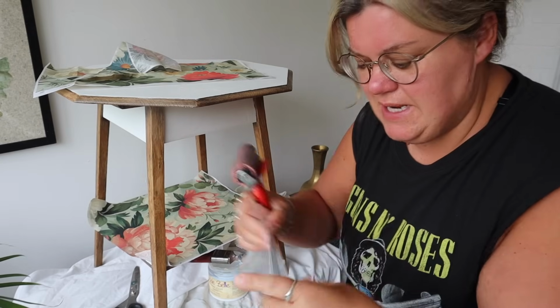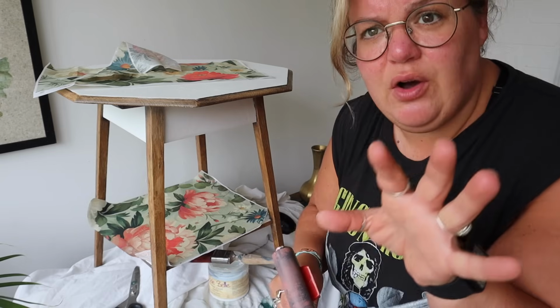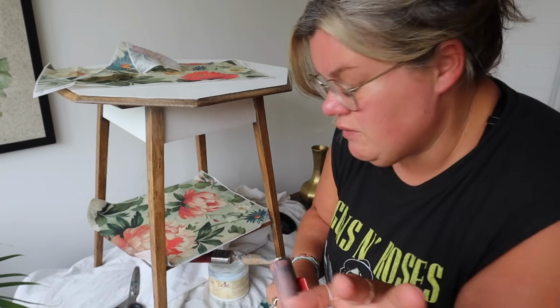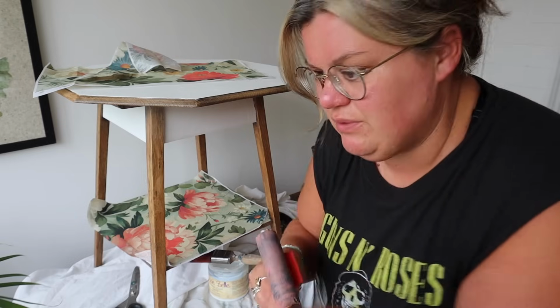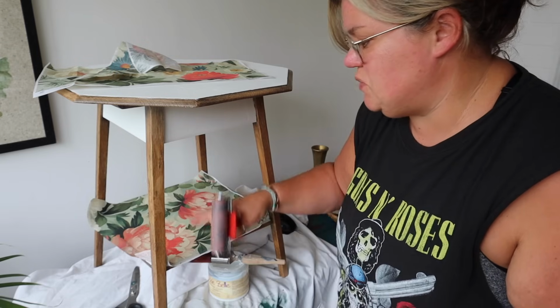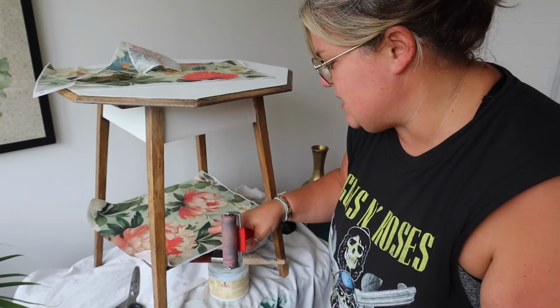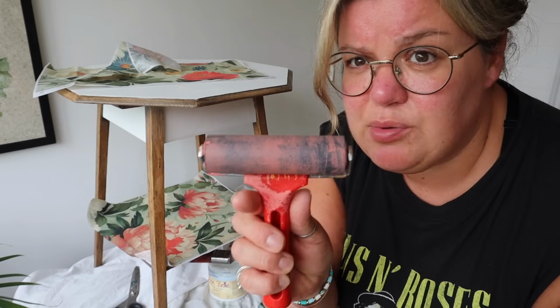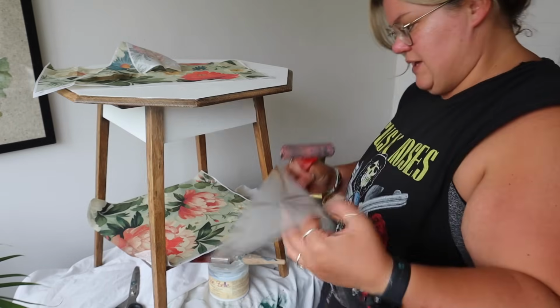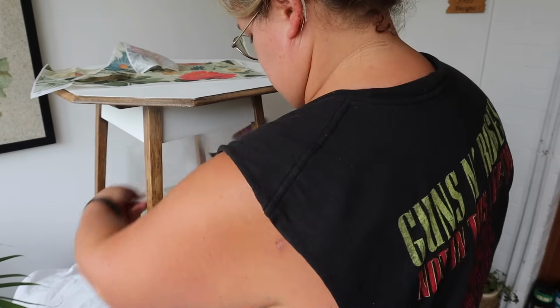So that's stuck. There are a couple of wrinkles in it, and I used this technique. I did this technique a couple of videos back because I saw it on Facebook. I saw somebody else doing it and I can't remember who it was, and I wish I could so I could give them credit. But all you need is a piece of plastic essentially to sit in between your decoupage paper, which is still obviously a little bit delicate because it's wet and we've just stuck it down, and an ink brayer. So I'm just going to put that down on top of the paper,